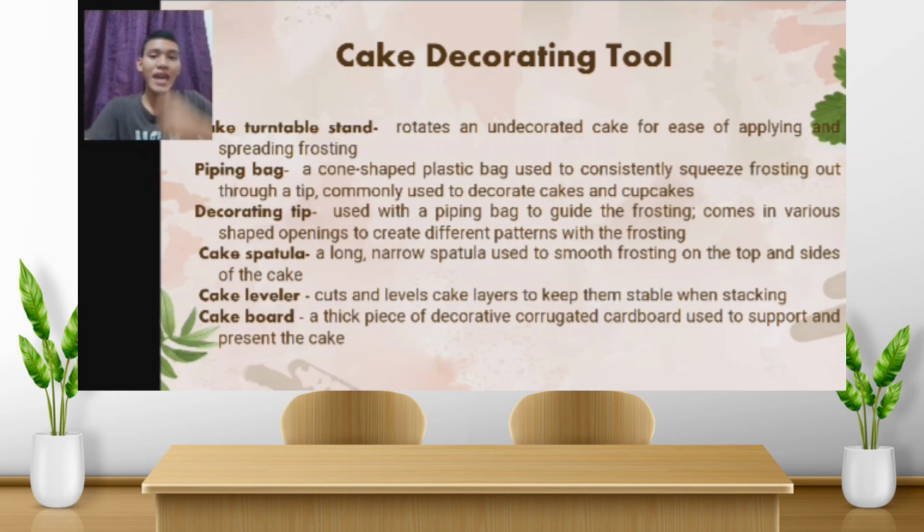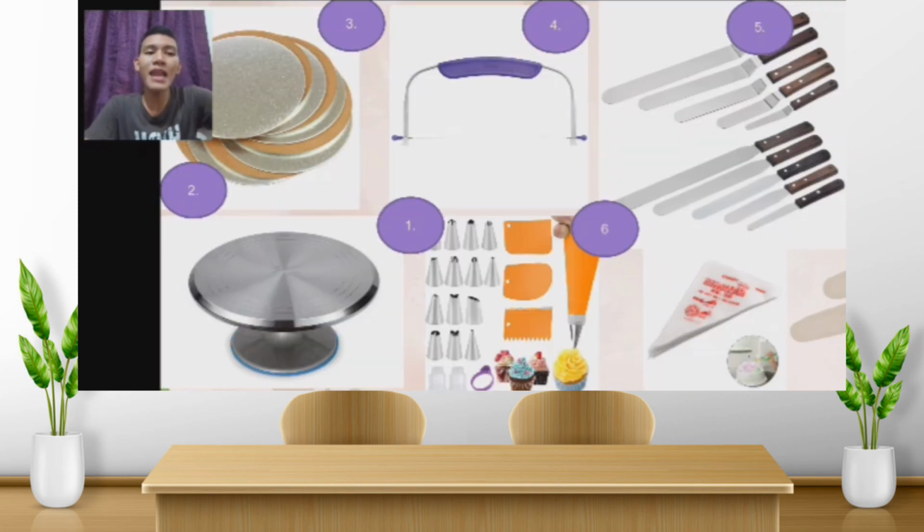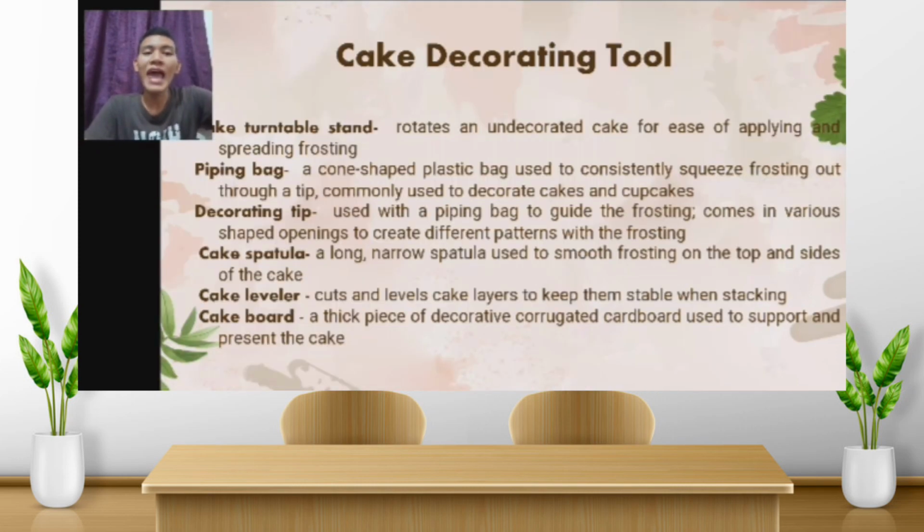Okay, when we say cake turntable stand, it is to rotate an undecorated cake for ease of applying and spreading frosting. We have also the piping bag, a cone-shaped plastic bag used to consistently squeeze frosting out through a tip, commonly used to decorate cakes and cupcakes. We have also the decorating tip. It is used with a piping bag to guide the frosting and comes in various shape openings to create different